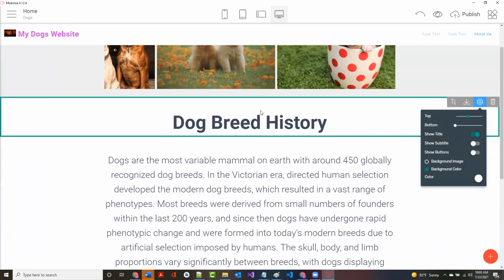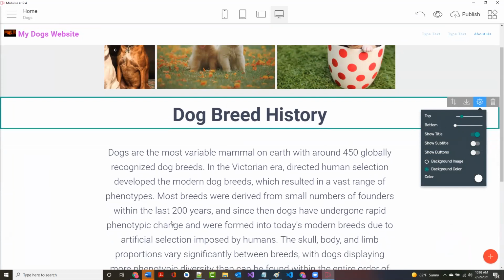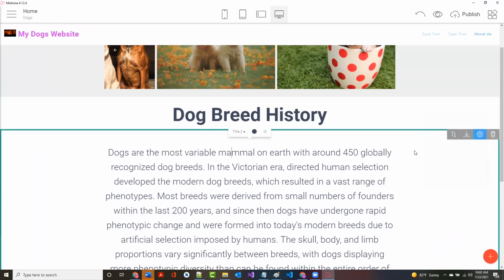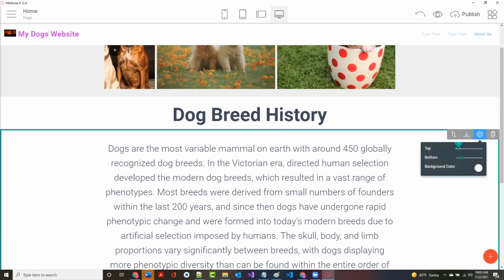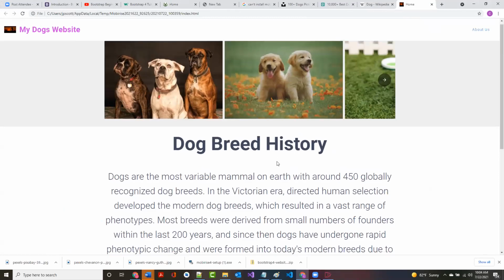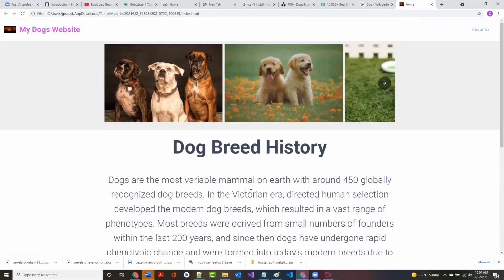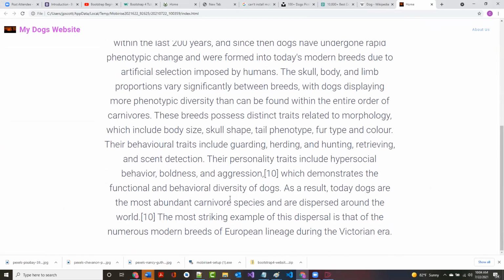All right. I could do the same thing if I wanted to for the top. I won't do it all the way, but I'll make that a little smaller too. Then I can come over to this one and click on it. And again, I can come in here and say block parameters and I can move that top up. Now it's a lot closer than it was. So if I look at it, you can see what it looks like. Again, is this a perfect site? No.